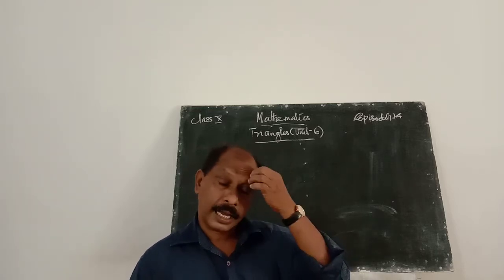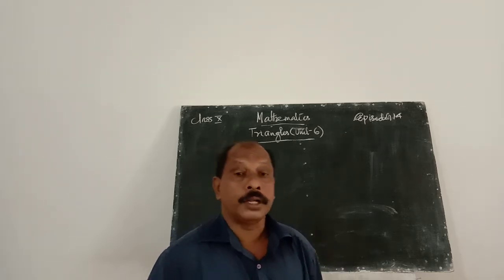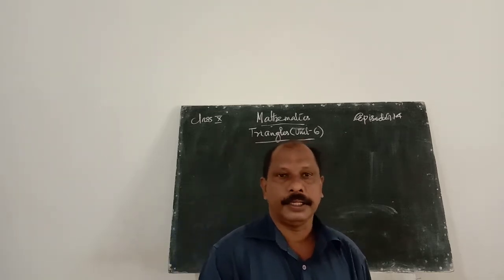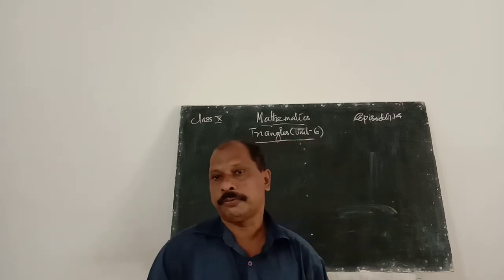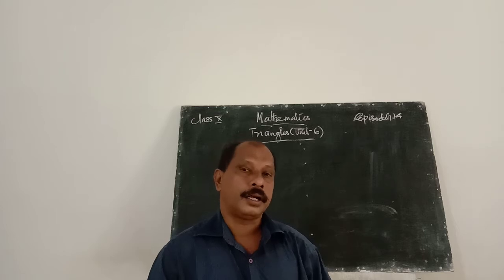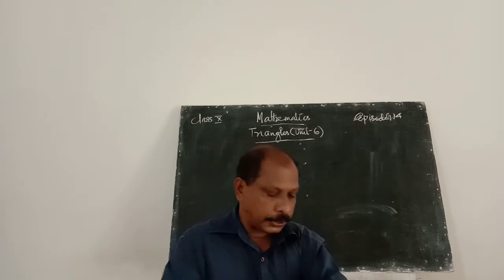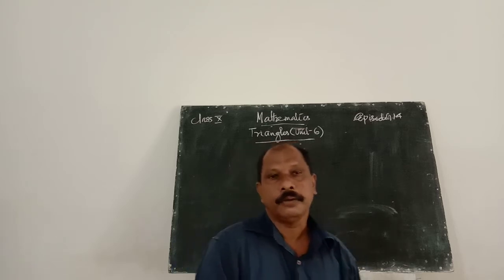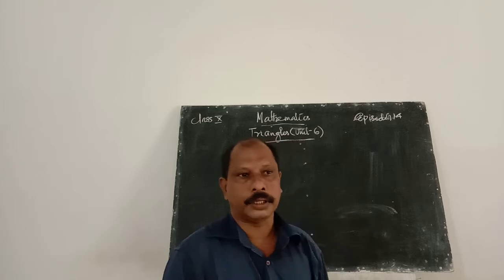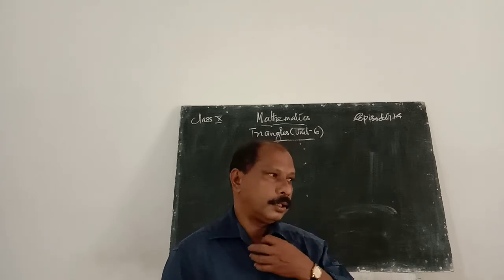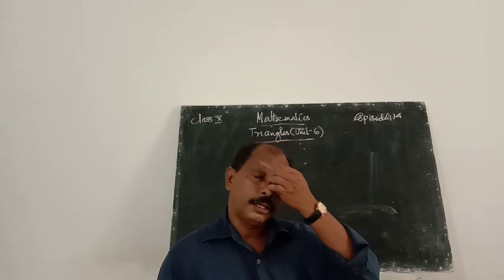And for the triangle, there are three common points. These points are known as vertices, V-E-R-T-I-C-E-S. Singular is vertex. Therefore, for the triangle, there are three sides and also three vertices. We know that the sum of all three angles of the triangle is 180 degrees. That is, the sum of the angles is always 180 degrees.